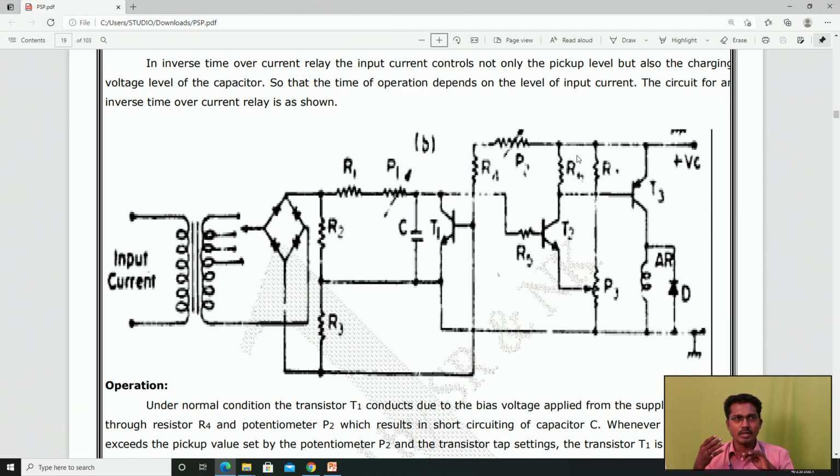Depending upon the fault, giving the priority to the fault magnitude. If the fault magnitude is higher, the time taken by the relay to operate is low. If the fault current is maximum, the time taken by the relay will be very small. So here we are seeing the defined time delay and inverse time delay, but it cannot be done in your electromagnetic relay.